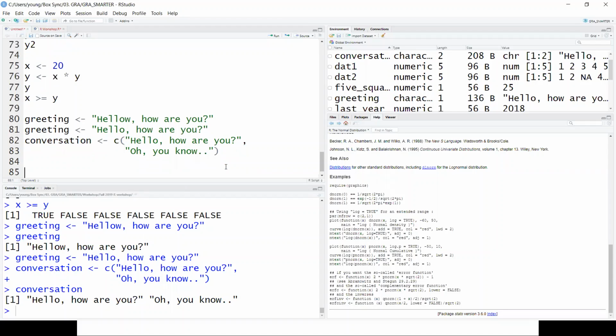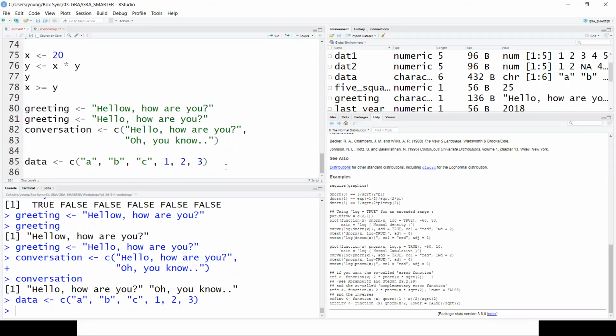Okay, so there's some caution in making a vector, which is you cannot mix sentences and values at one time. For example, if we combine A, B, C, and then I want to put 1, 2, 3 like this. It worked.